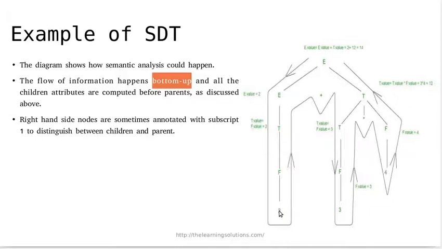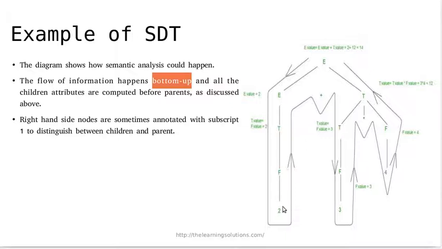We have started from 2, just go upward, at plus no need to apply any rule, then again go downward to the leaf, that is 3, and apply the semantic rule there. Then next it is multiplication, then go to the next leaf, that is 4, and then 4 comes towards the E. When you traverse this kind of path, this is nothing but a partial representation of the dependency graph.